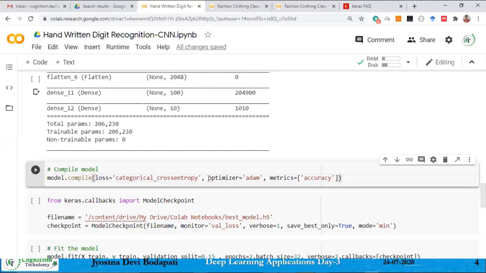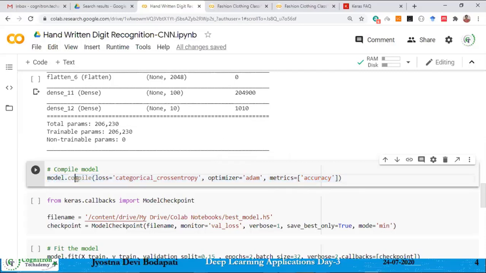And then the optimizer function, I already explained, right? The different optimization functions, and the metric. After training the model and getting the model accuracy, I need to check the performance of the model. By observing one of the performance measures, I can understand how the model is performing. So what kind of metric do you want? Here it is a classification task, so I am using accuracy. I'm asking the model to report the accuracy as a metric. That is what you need to specify here.